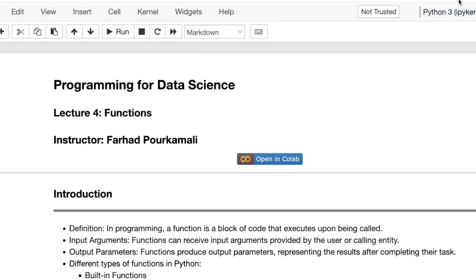It's like a machine that takes an input, performs a specific operation, and produces an output. Functions are often represented using notation like f of x, where f is the name of the function and x is the input. In programming, a function is technically a reusable block of code that performs a specific task or